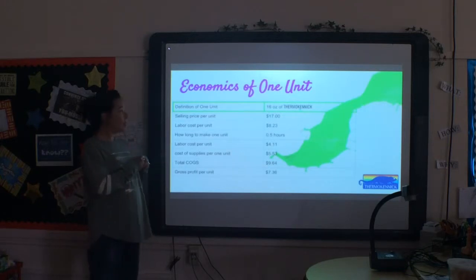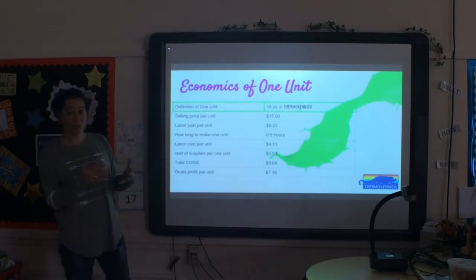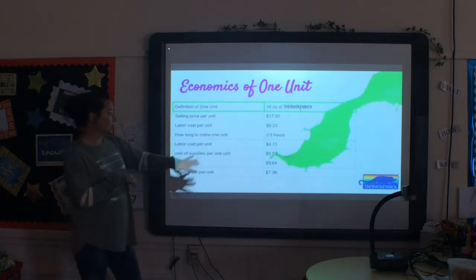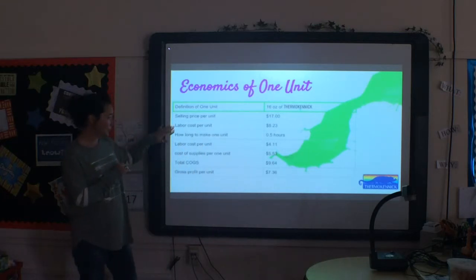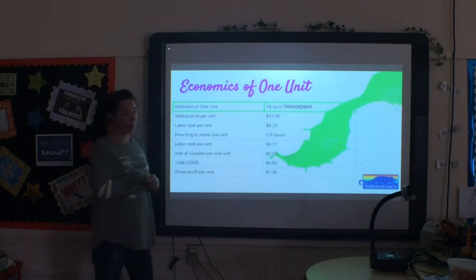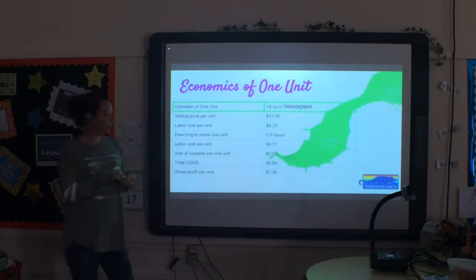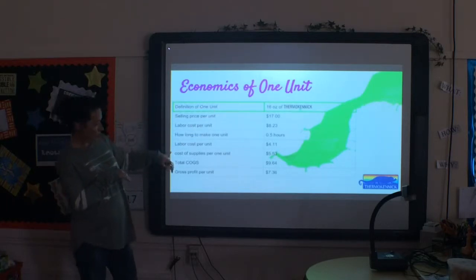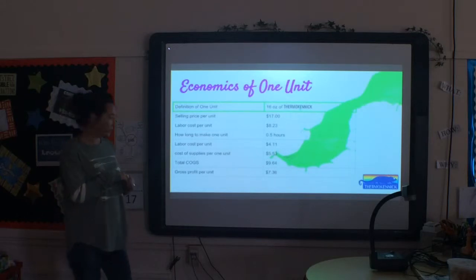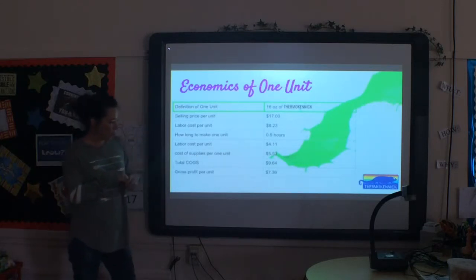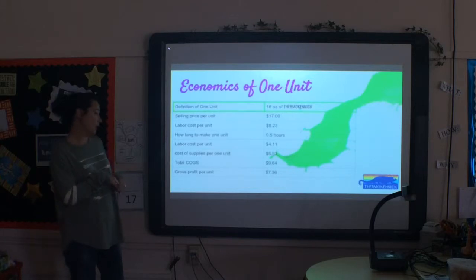She broke down how much it would cost for 1 unit, so she had to define what was a unit of her Thermokinetic paint. So she said that was 16 ounces of paint. She was going to sell it for $17. The labor cost for this, she came to a conclusion that was $8.23. It took her about half an hour to make one 16-ounce unit. Her labor cost was $4.11. The cost of her supplies was $5.53. Her total COGS, or cost of gross sales, was $9.64, leaving her a gross profit of